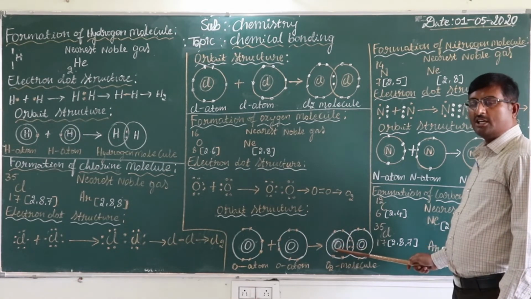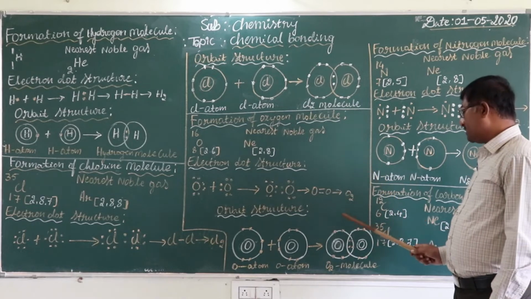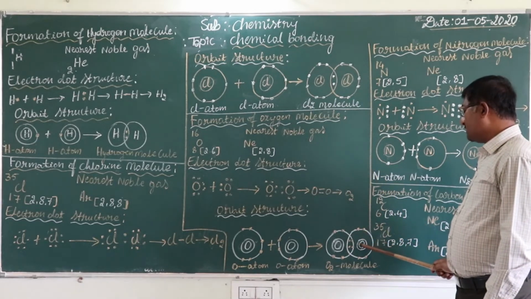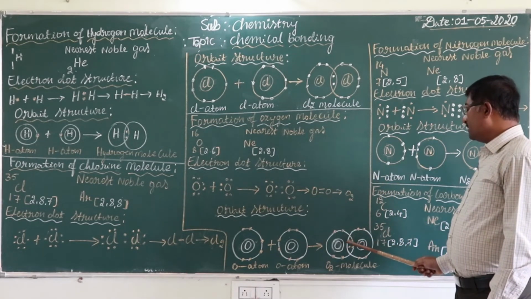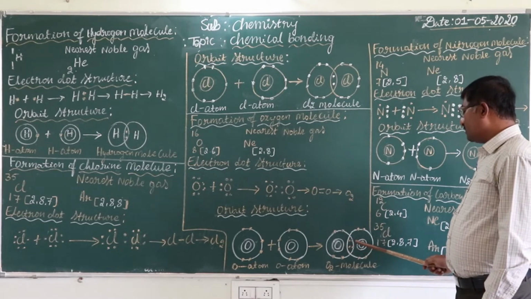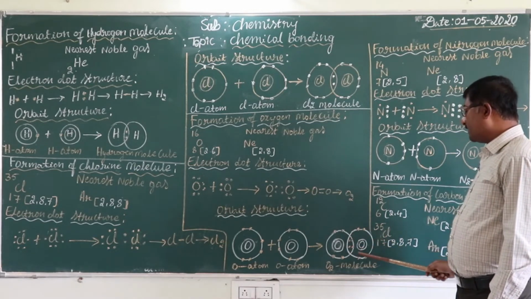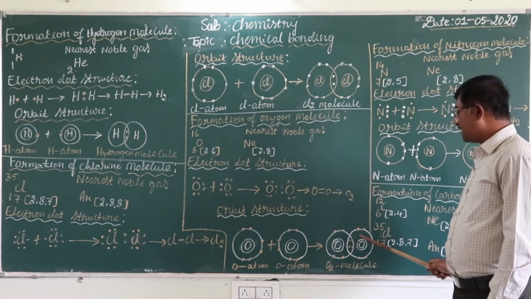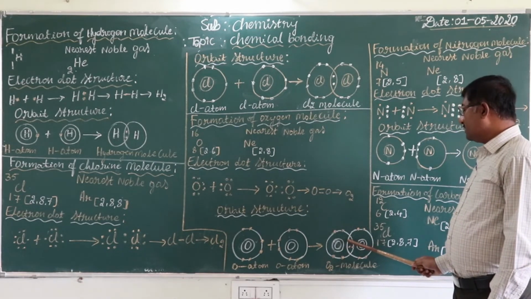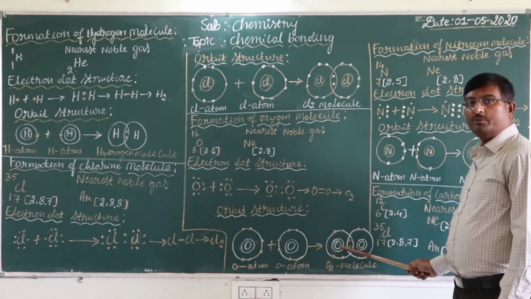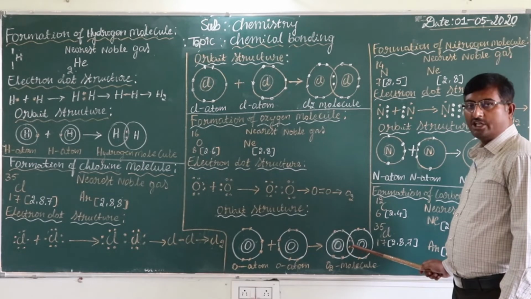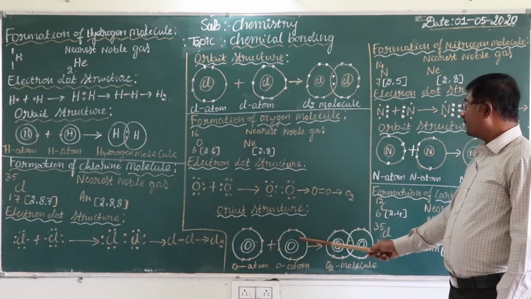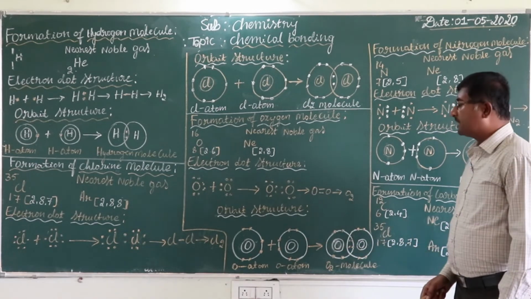So this oxygen atom is thinking, I am in a stable configuration. In the same way, this other oxygen atom thinks these two pairs of electrons belong to it, so totally it will get 8 electrons. So it thinks, I am in a stable configuration. But these two pairs of electrons do not belong to any one oxygen atom. In between the oxygen atoms they are shared. Like this, the formation of an oxygen molecule will take place.